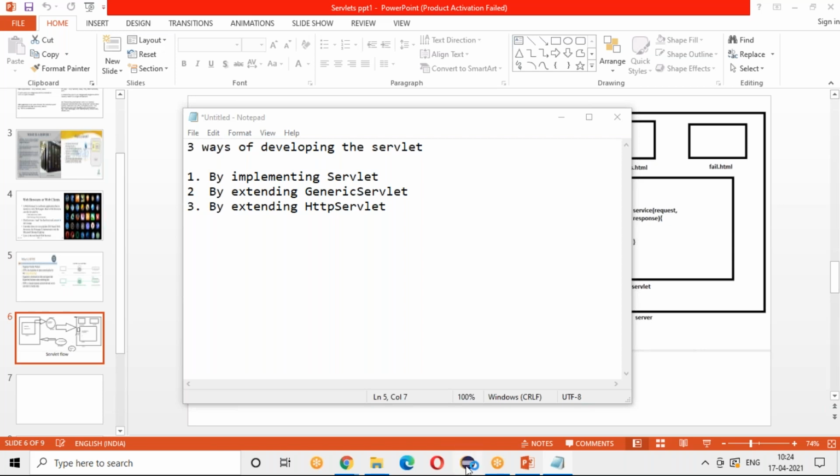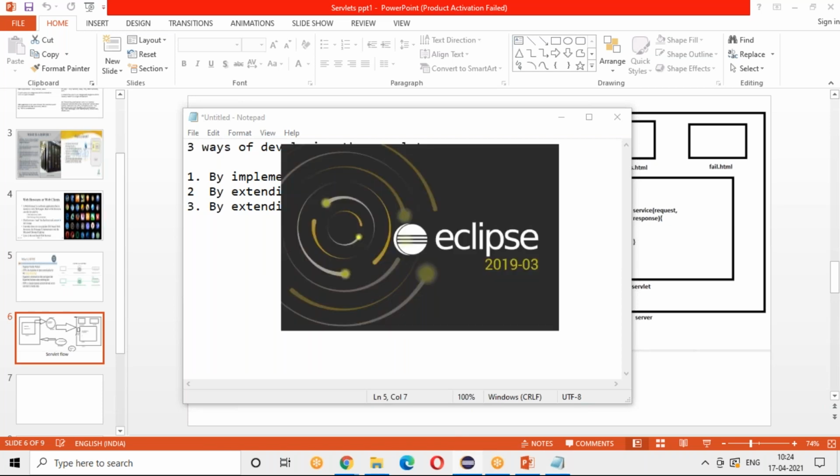As I told you in the beginning, when you are downloading Eclipse, you should download Eclipse for enterprise and web applications, then only you are able to do these things. If not, you cannot do a web application. So for doing a web application, please download Tomcat.